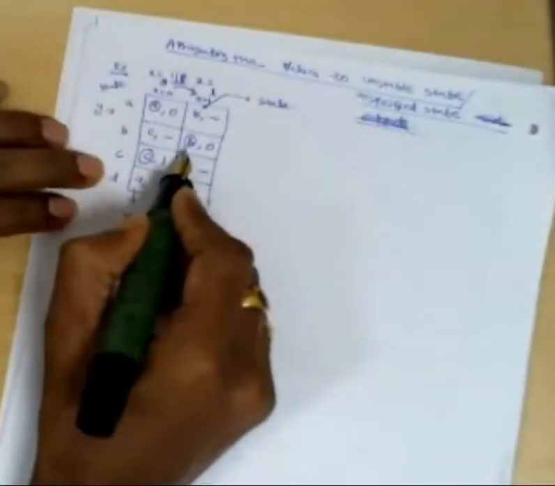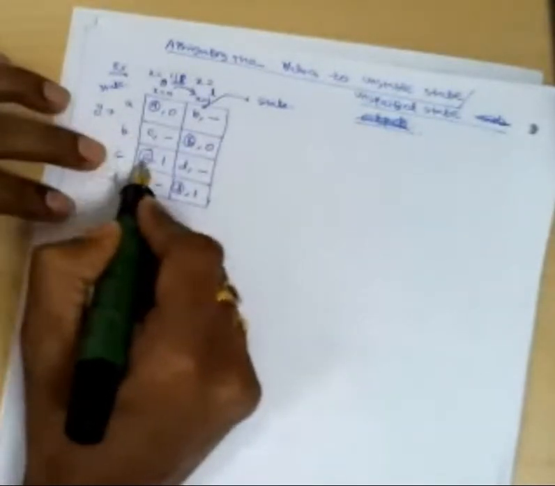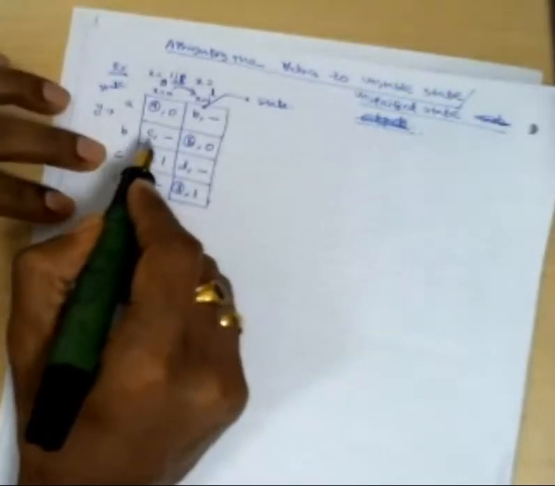Then it will go to B, no, 0, it will come to C state. Then it will go to C state, and there is a stable state now. So that means the state transition is fine, and every state has a stable state in its row. Therefore, it will go to the next subsequent given state, and then it will reach the stable state.